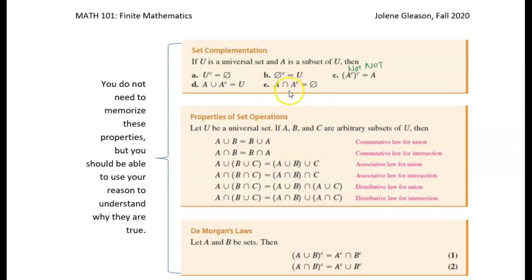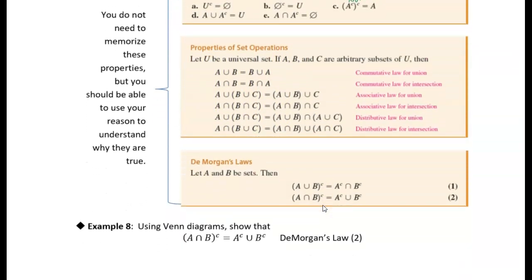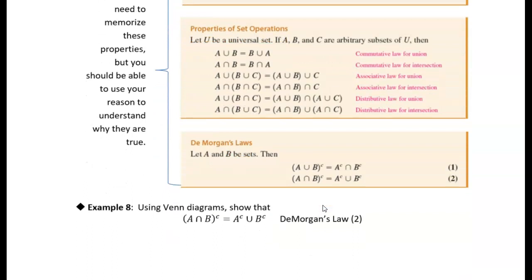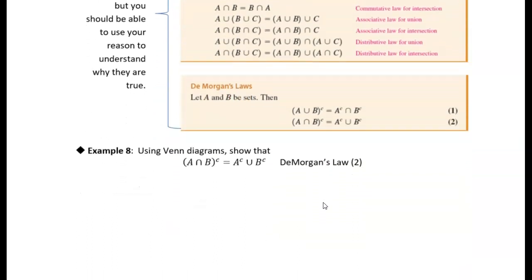If you take the intersection of a set and its complement, then that's empty. That's the empty set. The way we were defining these sets is that something cannot be part of A and not part of A at the same time. All right. So it should just make sense. So I won't necessarily go through all of these, but you should be able to go through them and make sense of them. And that's what example 8 is about, is just making sense of one particular